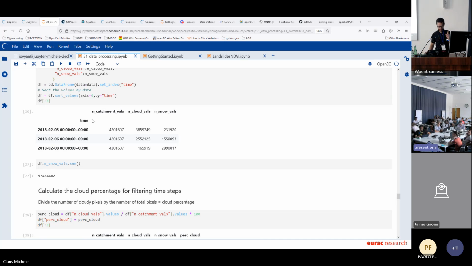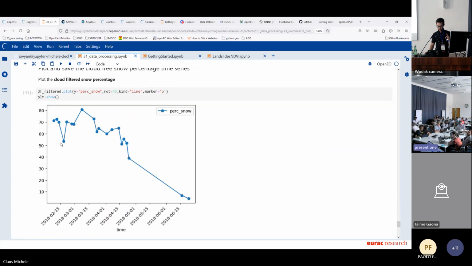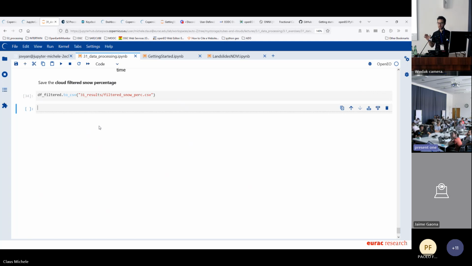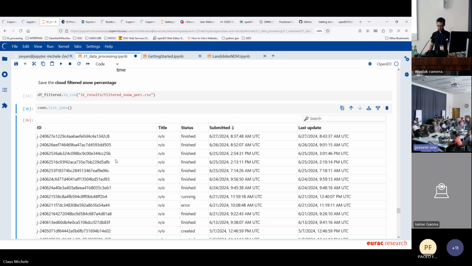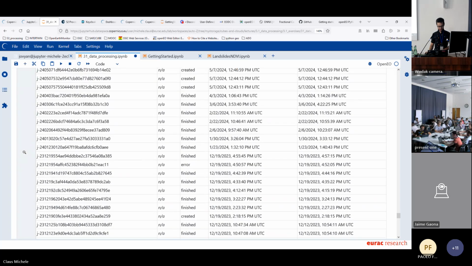But just one detail, let me show you. If you close the notebook, you'll still be able to access all the jobs that you have run. To do that, you would have to do connection.list_jobs, and you get the list of all the jobs that you have created. And if you want to retrieve the information of a particular job that you ran, this was the last one that I ran, you would have to do